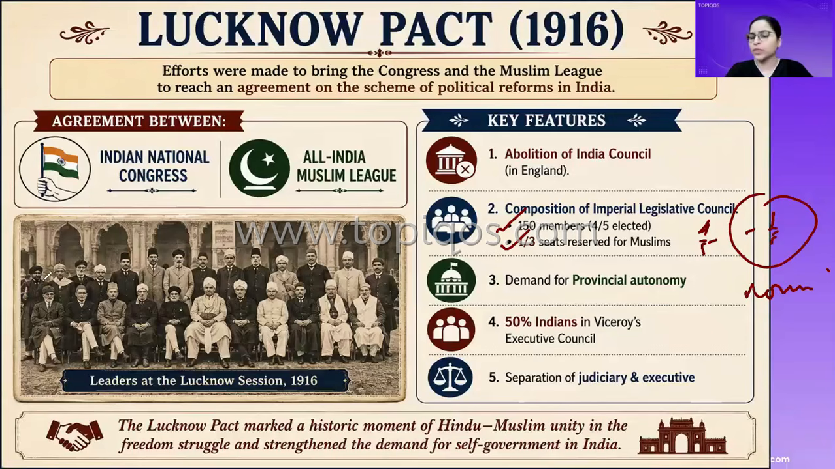Now, talking about the next one, they demanded provincial autonomy. So, in provinces, they demanded that you give more and more freedom to the provincial governments to govern the provinces on their terms and conditions. Fine. The next important thing, now they demanded that 50% of the Indians should be there in the Viceroy's Executive